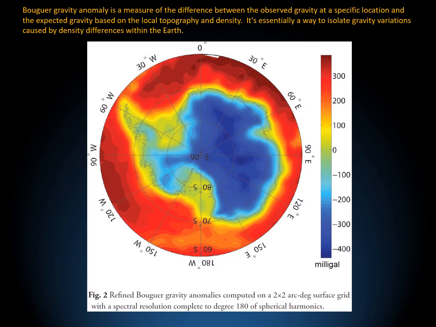This image shows that most of Antarctica is coincident with a negative 300 to 400 milligauss Bouguer gravity anomaly. We are now aware that Bouguer gravity anomaly is a measure of the density differences within the Earth. It is logical to conclude that the very large 500-kilometer negative gravity anomaly at the South Pole is due to a difference in density. The rocks there are slag-like